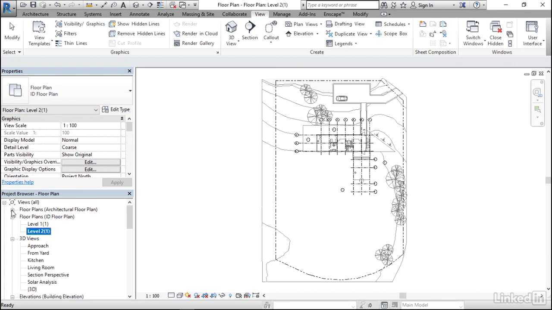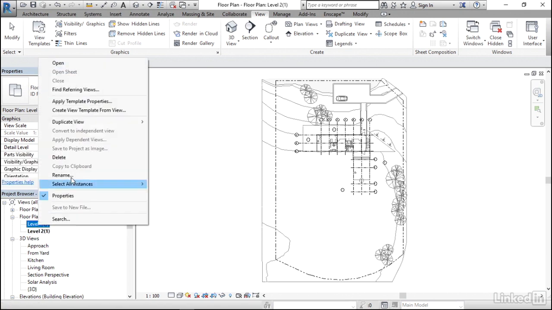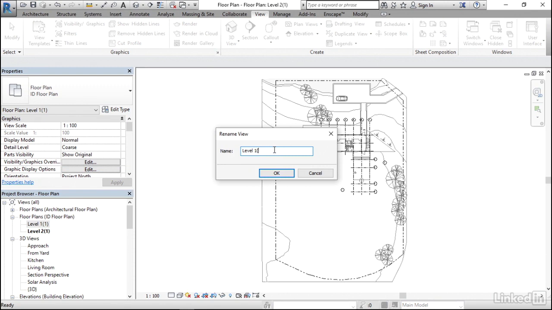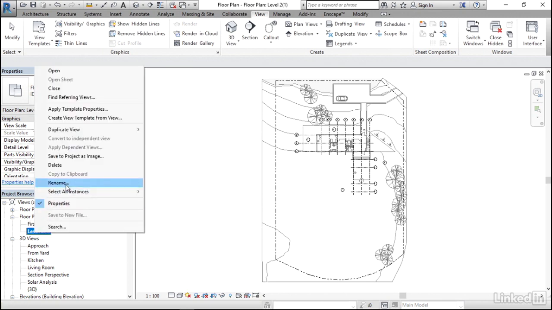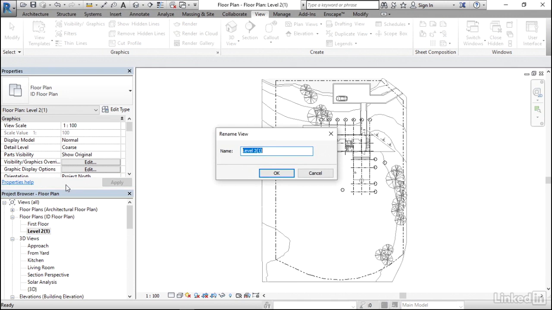If we wanted to hide the architectural floor plans, we can do that by just clicking up here where we had the minus sign. And now we can see that the only floor plans which are expanded are our floor plans. Now finally, if we want to rename these floor plans, you can just right-click, go to Rename, and I'll name this first plan First Floor. Click on OK. Go to the level 2, right-click on it, go to Rename, and this will be Second Floor,